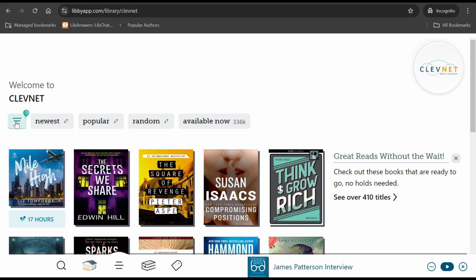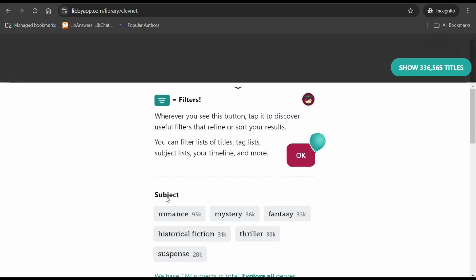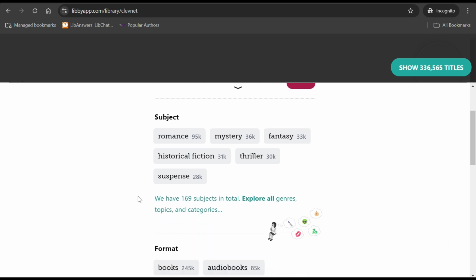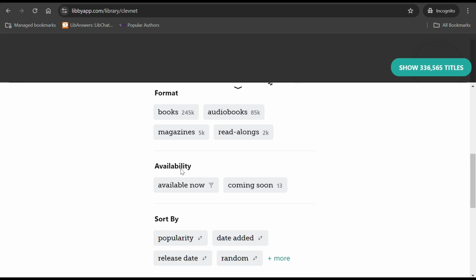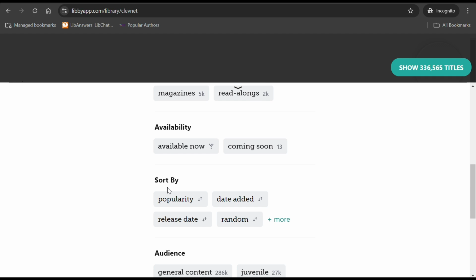The top left button with the horizontal lines going down are filters you can choose that narrow down the titles you see, like subject, romance, mystery, etc., format, books, audiobooks, magazines, and read-alongs, availability. Clicking on Available Now is useful since it shows you only titles that can be checked out without holds right now, a method to sort by various ways,